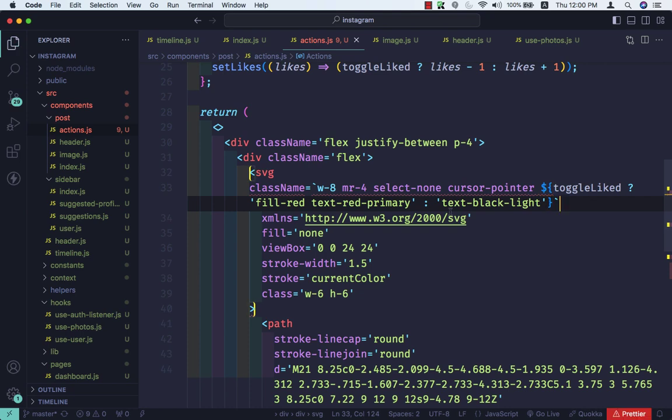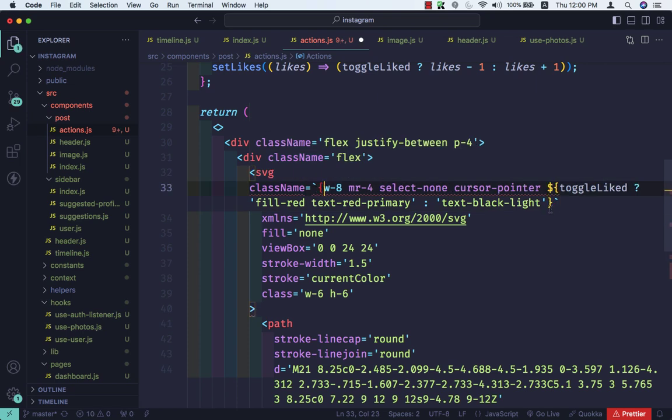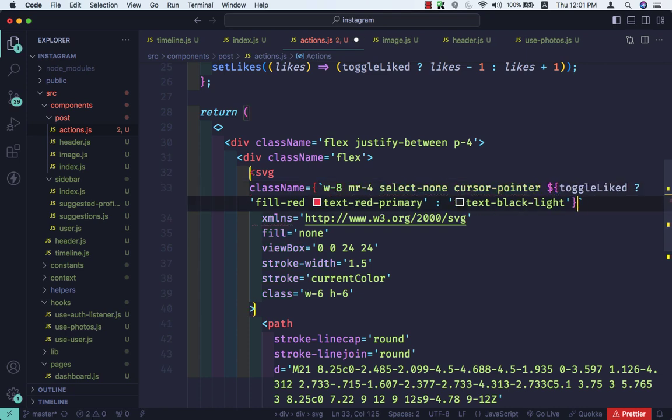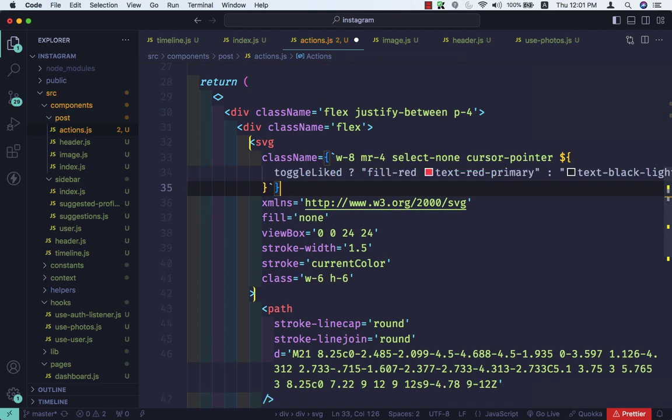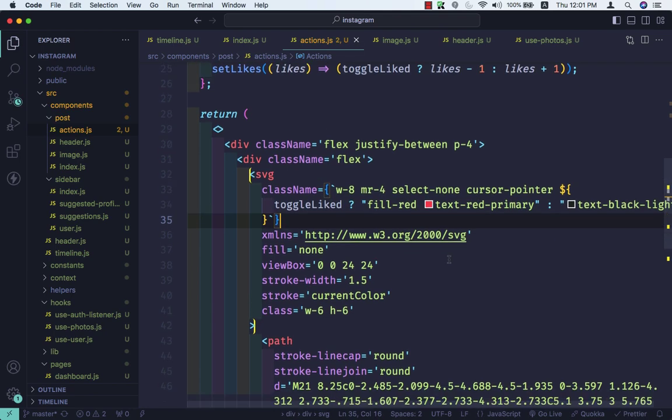Let me just save this. Okay, class name here. We are going to save this file. I think here we need the curly braces, and after the backtick key we need the curly braces. Okay, so now this is fine,